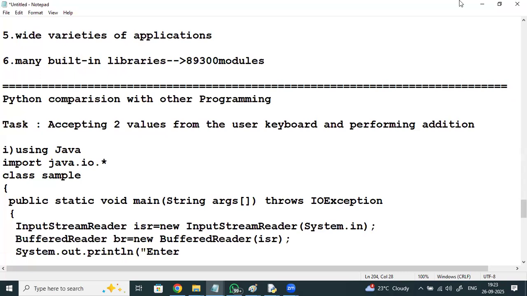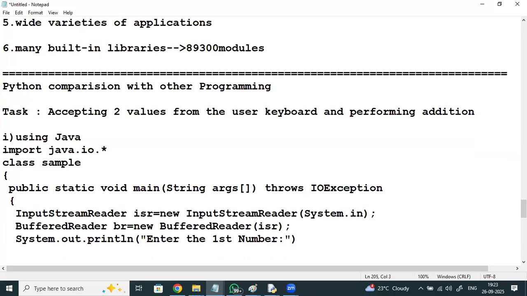Then String s1 equal to br.readLine(). Every statement ends with a semicolon in Java.